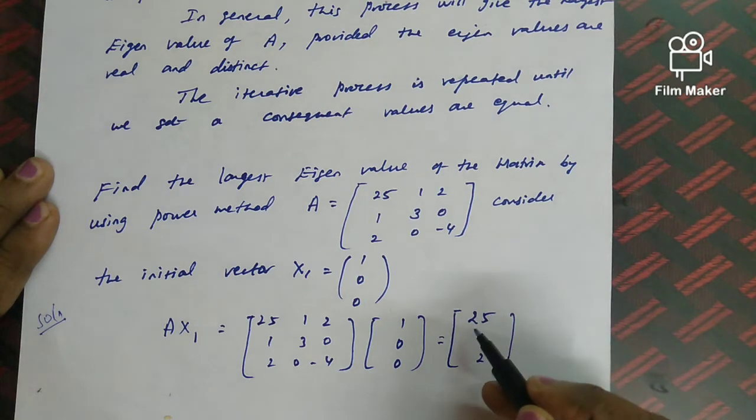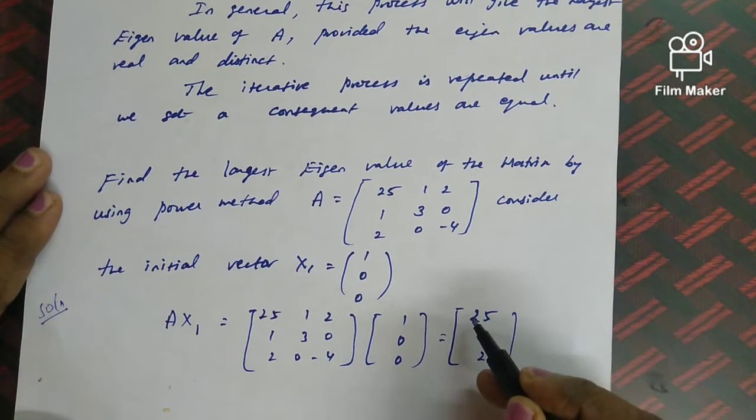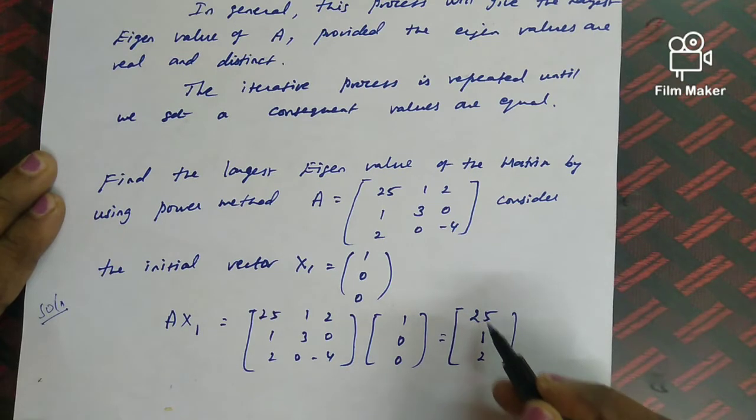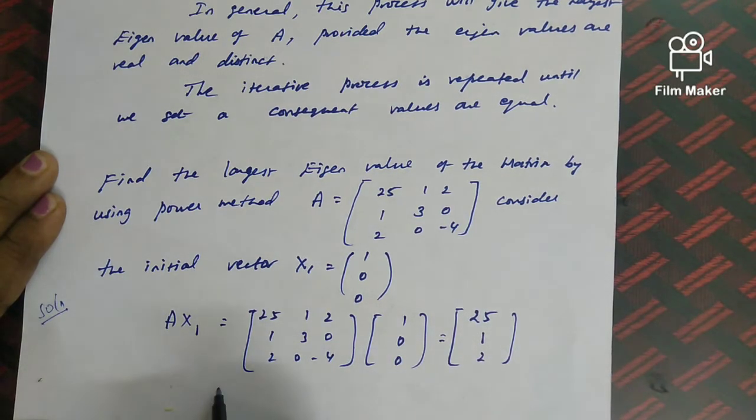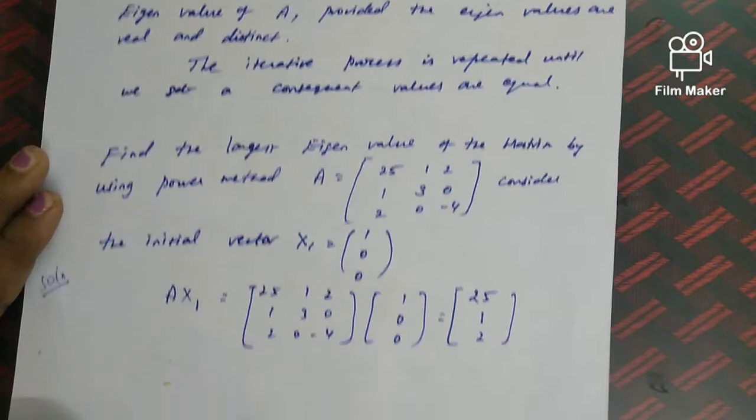So if you are taking the 25 outside, in the first place we get 1 by 25, and here 2 by 25. Using a calculator we can get the decimal values of 1 by 25, 2 by 25 and so on. So when you are taking the 25 outside, okay,